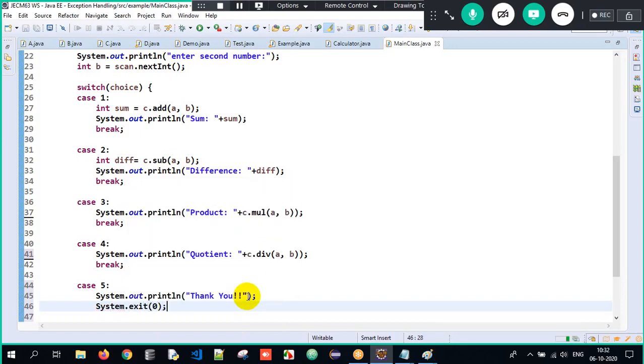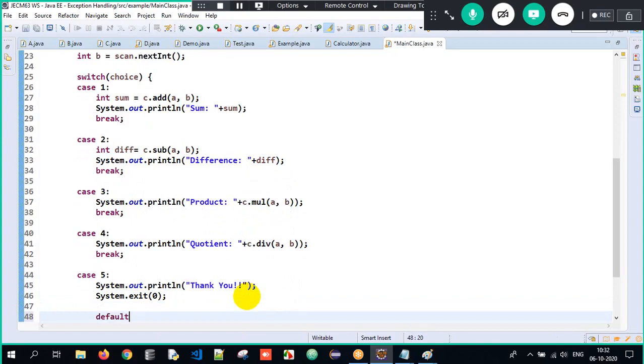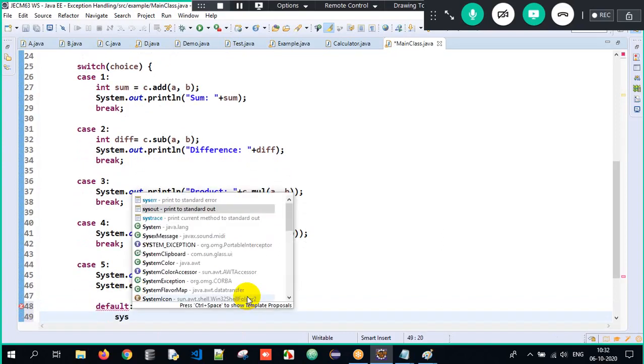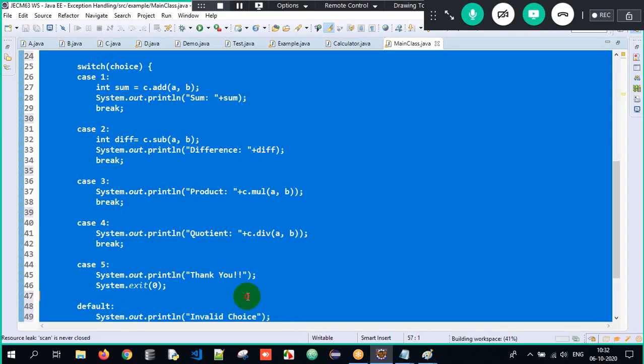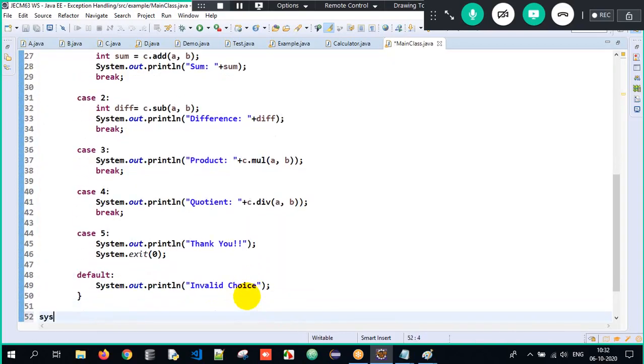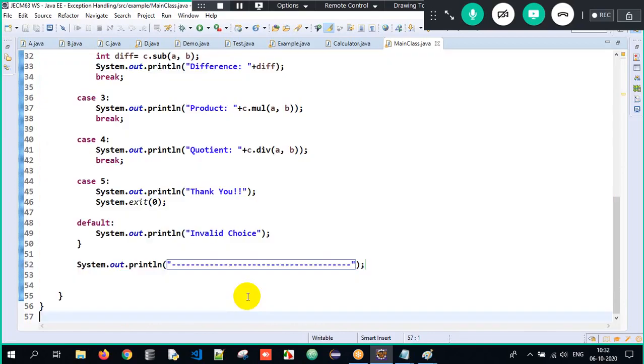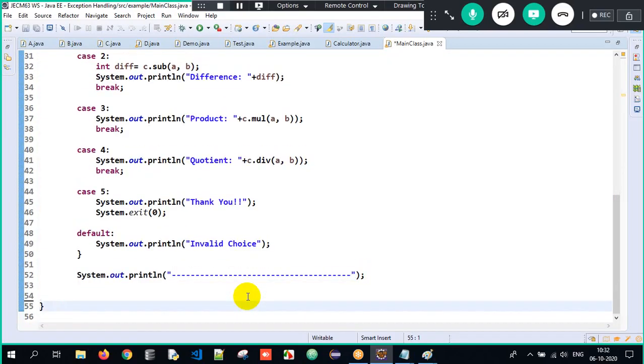Status code is 0. I'll also have a default block in case we have an invalid choice. Sys out, I'll write invalid choice here. This is all about the entire process. After the switch statement, I can have one block just to differentiate it. This is all about my entire program.